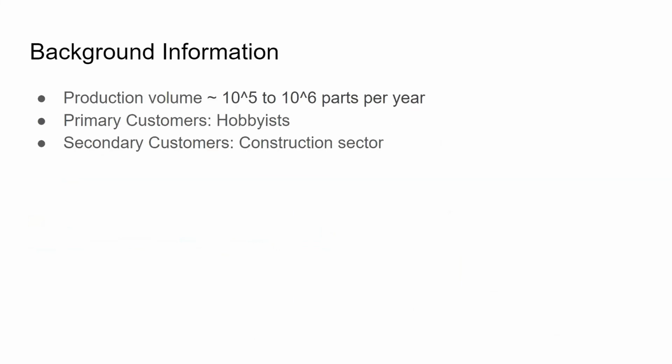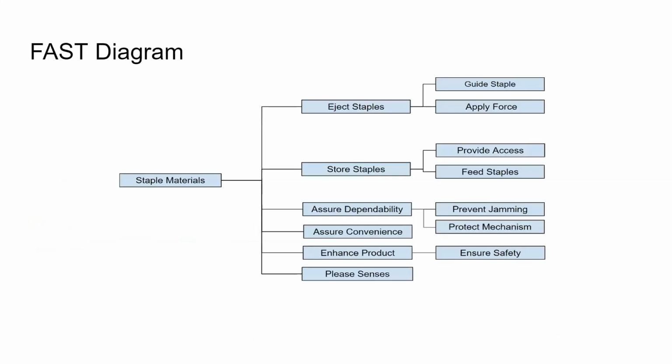Some background information. Our production volume is about 10 to the fifth, 10 to the sixth parts per year. Primary customers are hobbyists, with our secondary customers being the construction sector. Our FAST diagram is largely the same from the interim report. We did make a couple changes to some of the leaves, which are reflected in some of our other slides